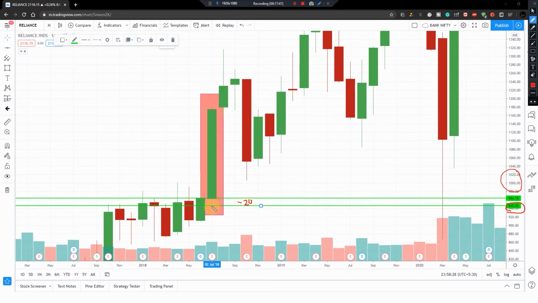Then investors saw that this was a good price to buy, or maybe there might be good news for the stock, for the price or for the company. Maybe they made a good deal, or had a good earnings report. They also bring out quarterly earnings or yearly earnings. They might have come and shown good results in the profits and all. So what happened, from 945 rupees per share, it went to a high of